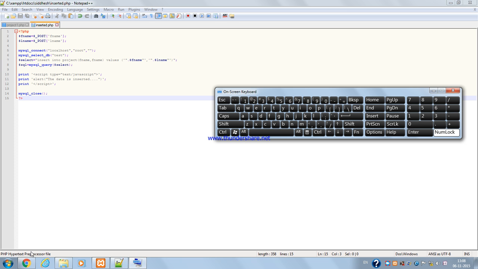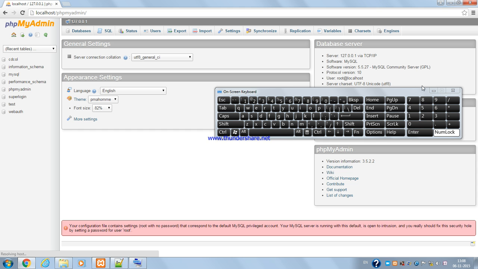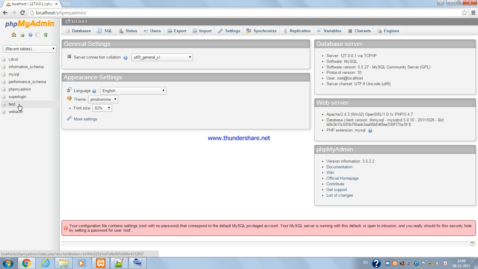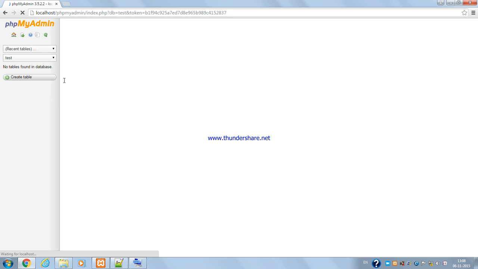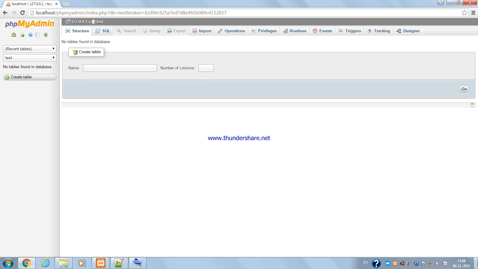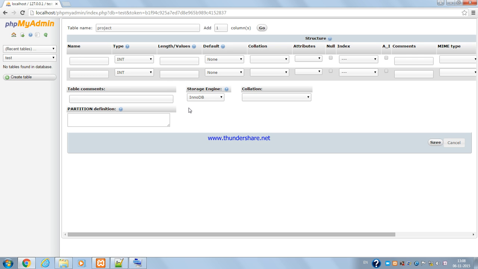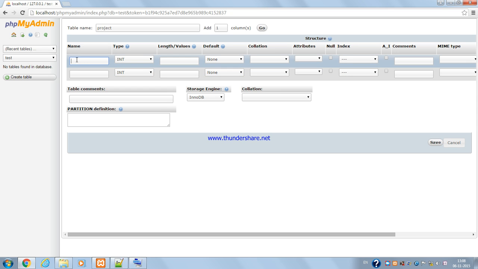After saving this file just open phpMyAdmin. So I am going to deal with test database. So I have created a database named test. So I am just loading that test database. Here it's loaded. And in that test database I am going to create a table name project, yeah, project, and I need 2 columns, so 2 I am going to mention, and just go project table name project, and having 2 columns is created, and I am going to name the first field as